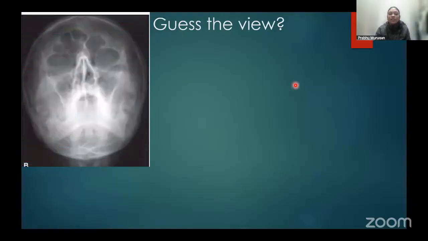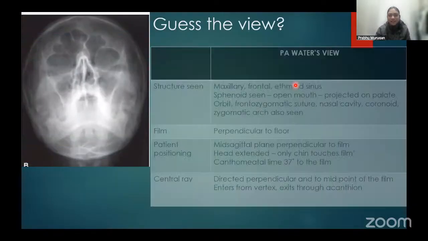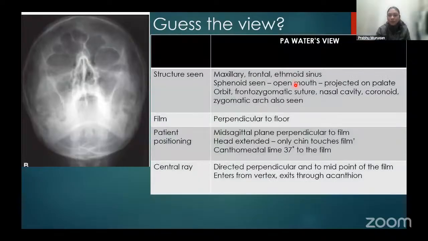Okay, so this X-ray is your paranasal sinus view, or the PA view, or the Waters, your PA Waters view. Basically, you can see most of the paranasal sinuses here except for one, that is your sphenoid sinus. Your maxillary, frontal, and ethmoid sinuses will be visible except for your sphenoid sinus. To view the sphenoid sinus, we have one more X-ray that clearly shows it,